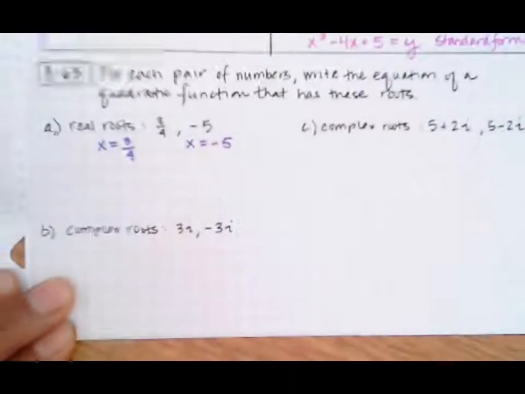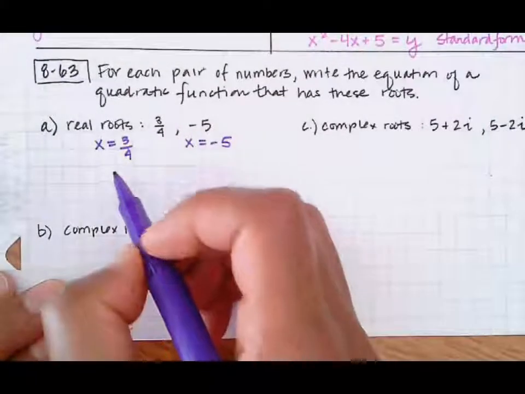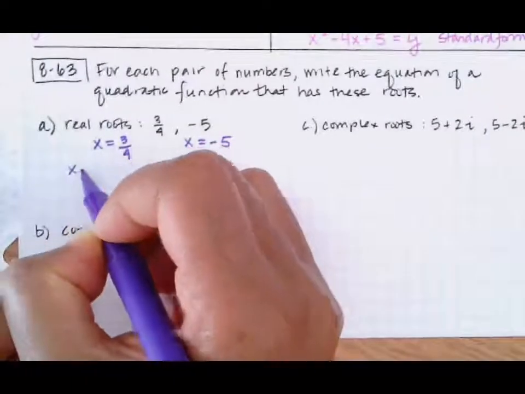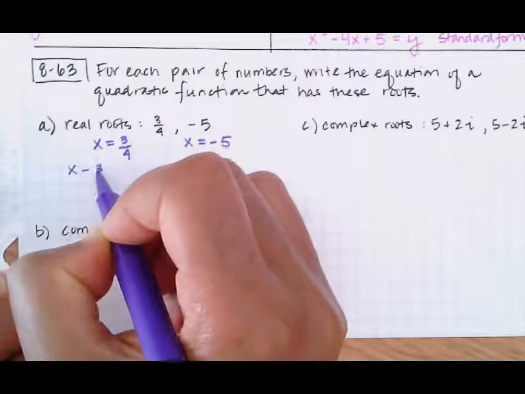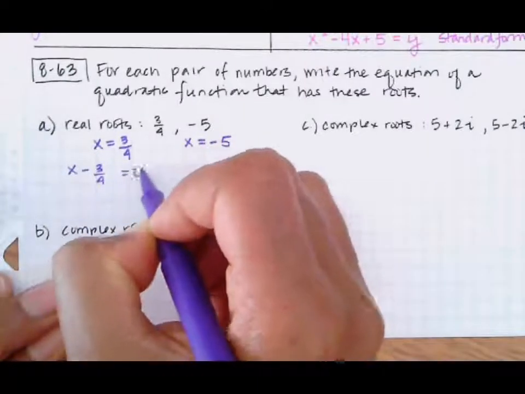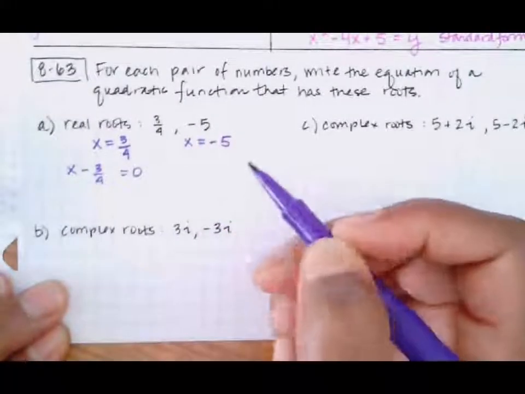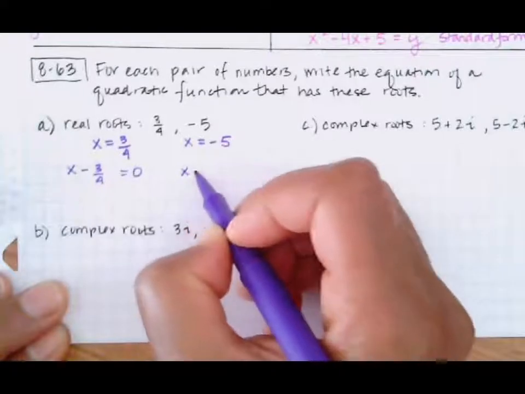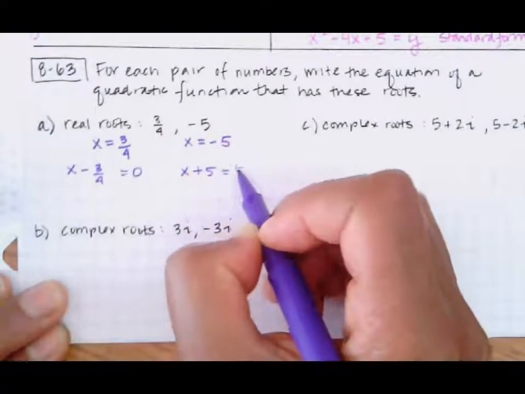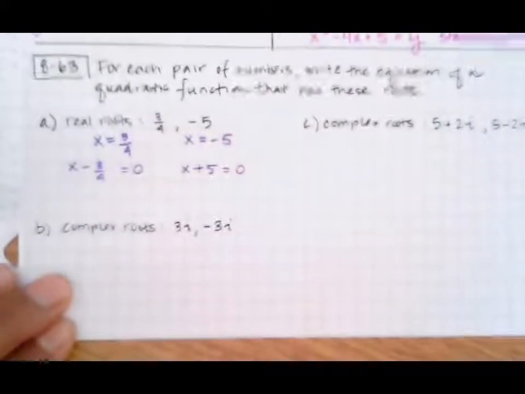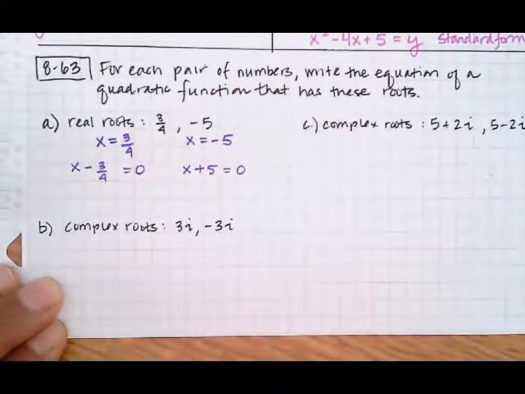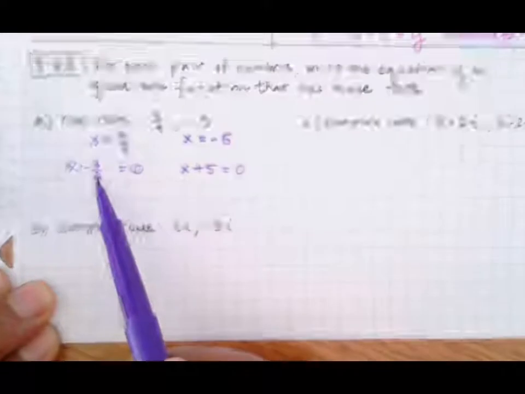And if I'm thinking about using zero product property and working backwards, then this is the same thing as x minus 3/4 equals 0 as one of the linear factors. And for the other one, it would be x plus 5 that would equal 0. And then I could put both of these together into one equation, and that equation would represent a possible quadratic